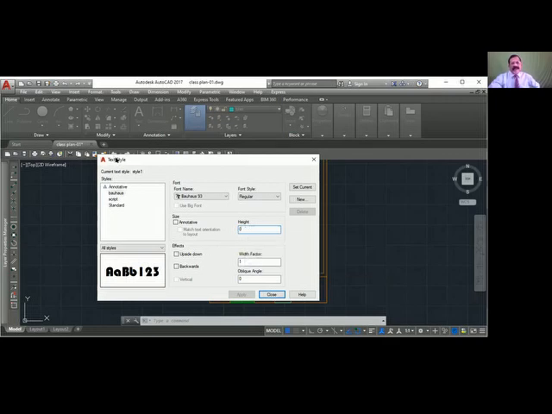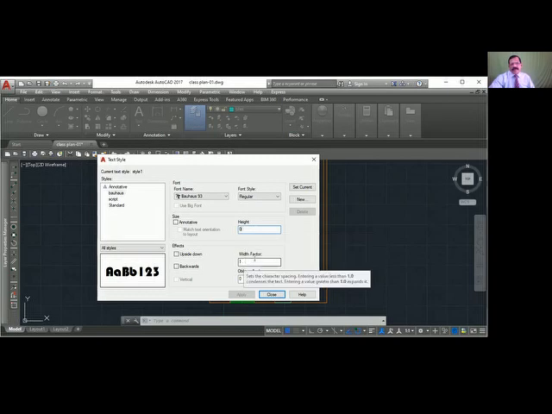So when you create a style, you click New. Write down the command STYLE, that is to create a text style. When you type style, this dialog box comes. Click New, give a name, select a font, and see that the height is 0.